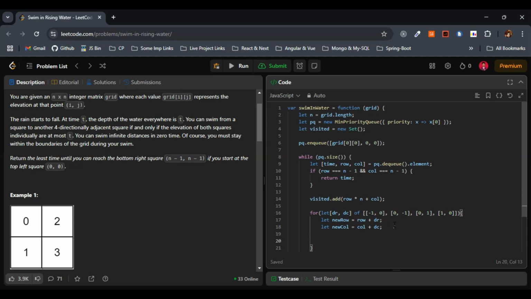Check if within grid means it has to be present within the grid, and if it is, whether it is visited or not, right? So a simple if condition: if new row greater than or equal to 0 and new column greater than or equal to 0 and new row less than n and new col less than n and not visited dot has